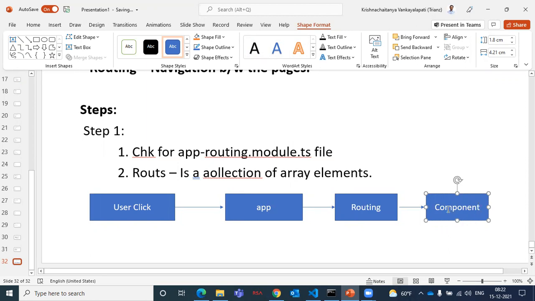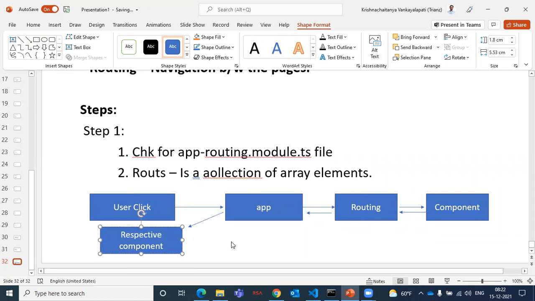From the API call, it will get data, bind to the model, and send it back to the app, to the UI screen. User clicked, right, from this UI the page will be loaded. Take this small diagram. Respective component will be loaded.